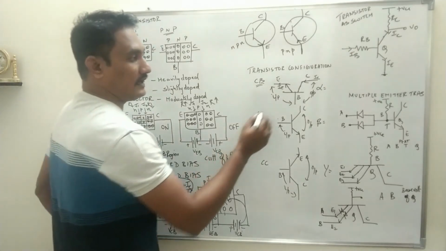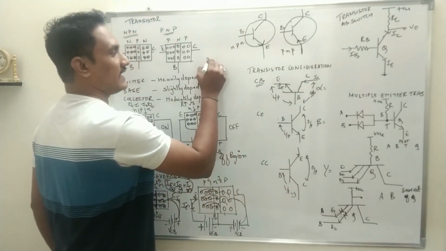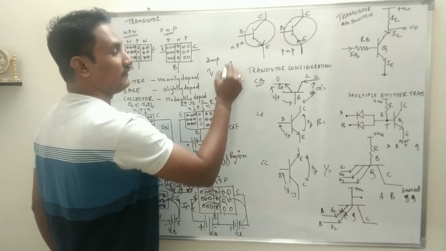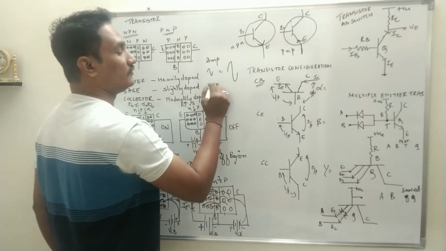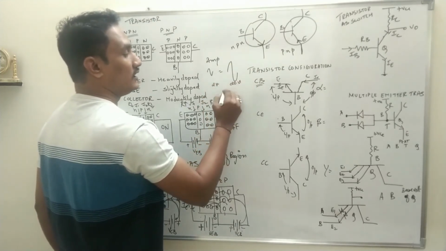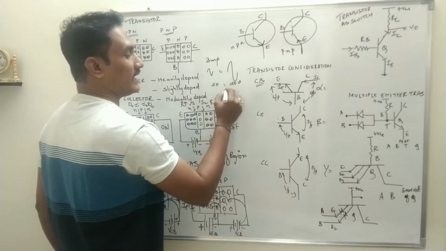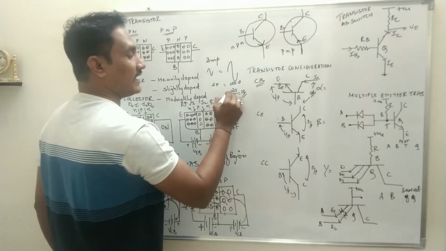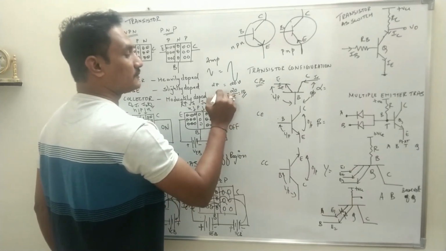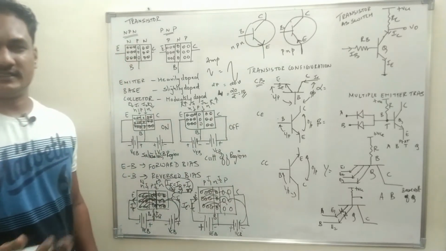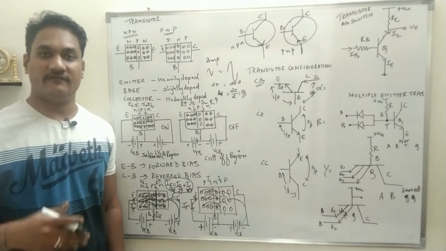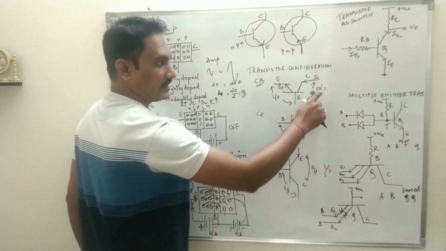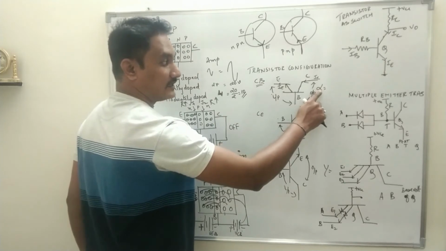Now amplification factor, I'll just tell you what an amplifier is. See, an amplifier, when you give a small input signal, you get a large amplified output signal. Say if you give 2 volt, you get 20 volt output. So we can easily calculate the amplification factor by output upon input. The factor will be 10. That amplification factor is specified as AV, AI, AP, voltage gain, current gain or power gain, whatever it is.